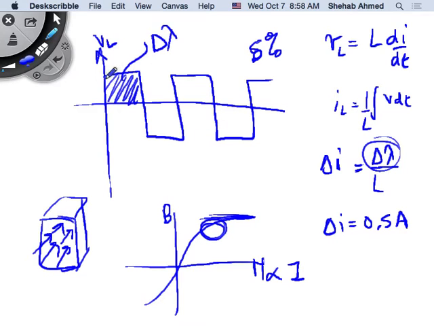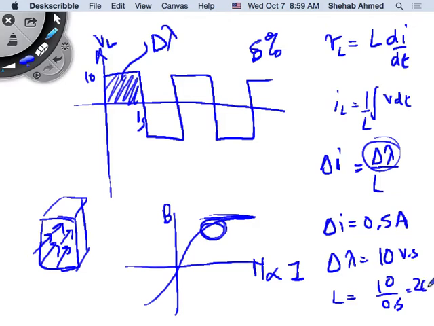Let's assume this is 10 volts, for example, and this is 1 second still, okay? So this is 10 volts, this is 1 second, and the area here is 10 volt seconds, right? So this delta lambda is also 10 volt seconds, right? So L is equal to what? Delta lambda over delta I: 10 over 0.5 equals 20 Henry. Of course, this is crazy. It's a huge inductor, right? Also because I used 1 second,